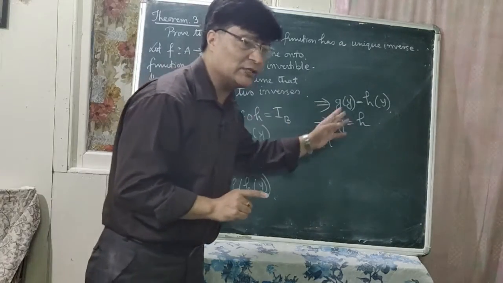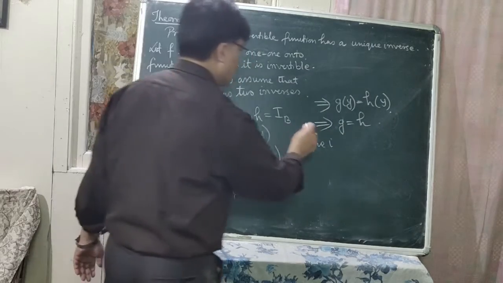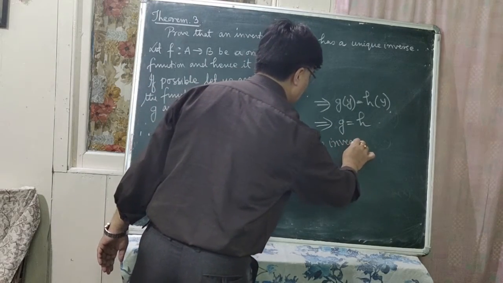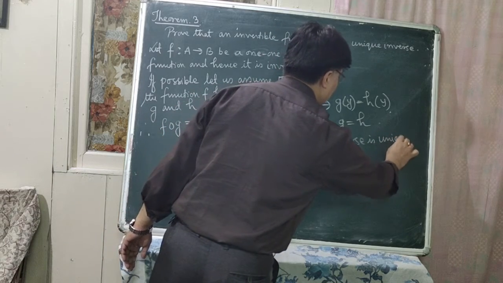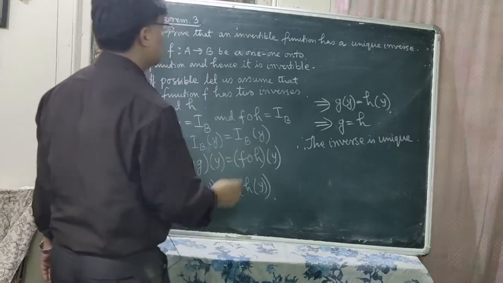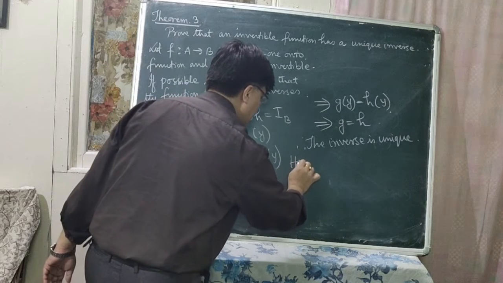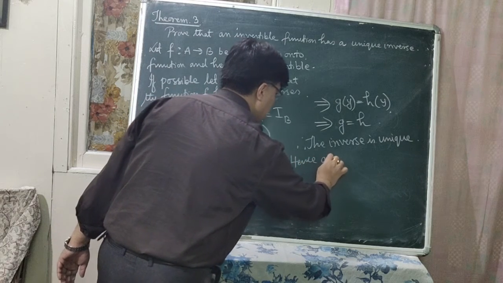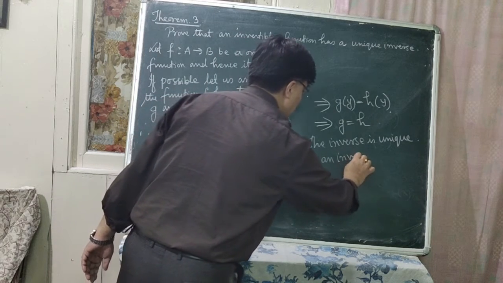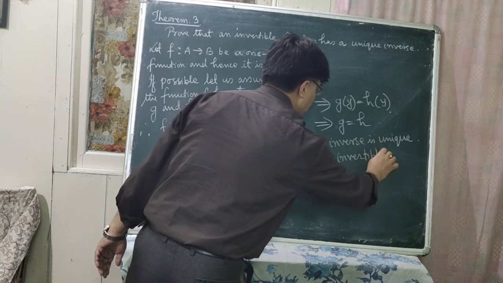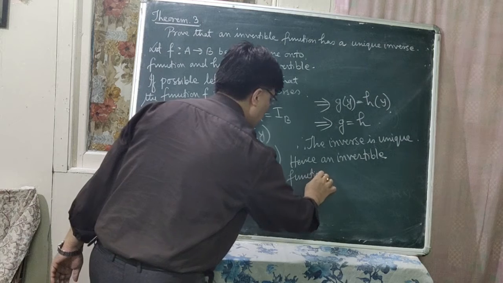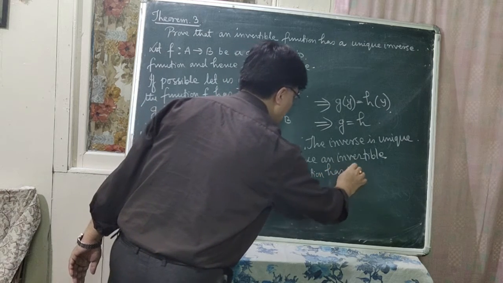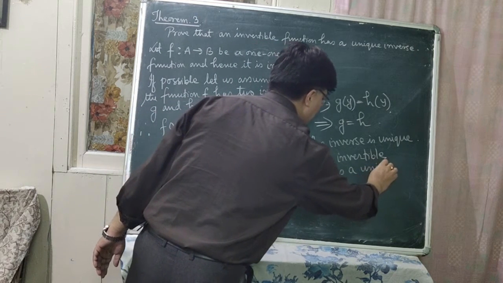We have proved that g is equal to h. So the inverse is unique. That is only one. Therefore the inverse is unique. So hence an invertible function has a unique